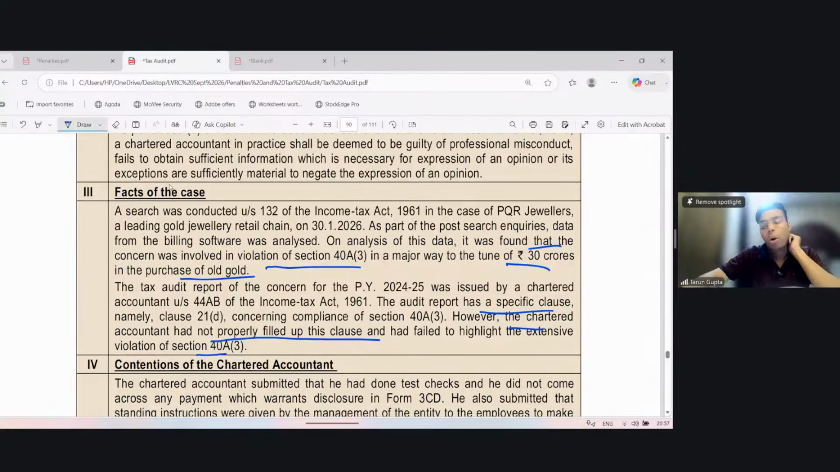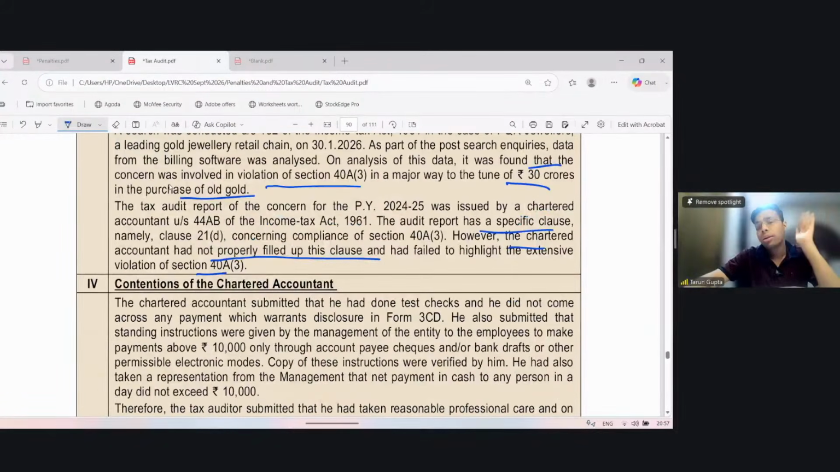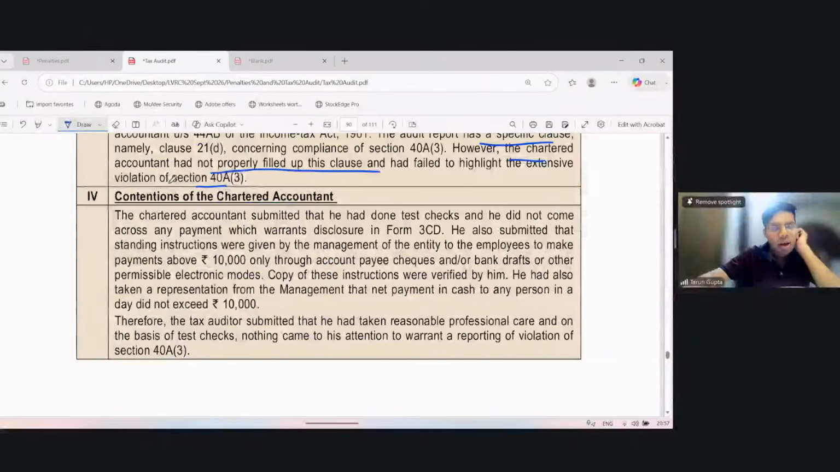So in the search, it was found that there is an extensive violation of 40A(3), cash payments, but the CA has not disclosed such violation in the tax audit report. Now, what is the contention of the CA? The CA submitted that he had done a test check and he did not come across any payment which warrants disclosure in Form 3CD. So he said that I did the test check and I could not find any cash